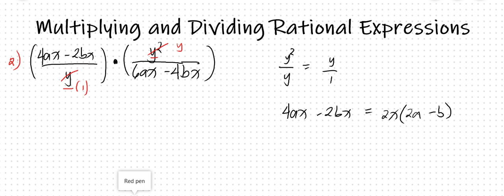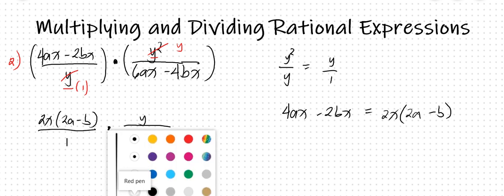So the factors of 4ax minus 2bx are 2x and 2a minus b. So sulat na lang natin dito sa panibago. So 2x times 2a minus b all over 1 times y all over,